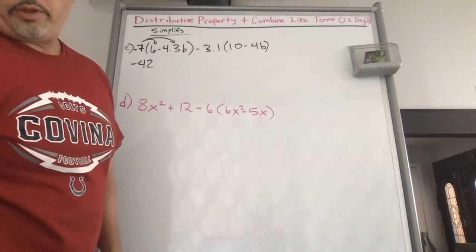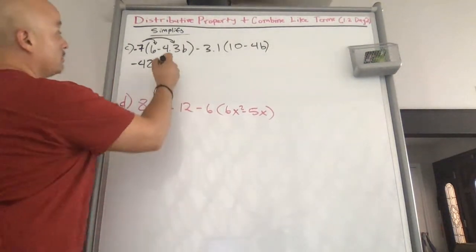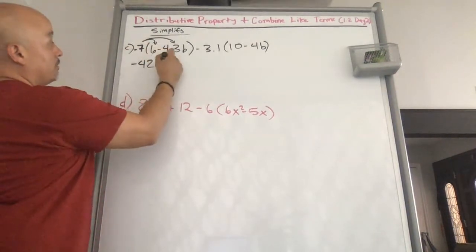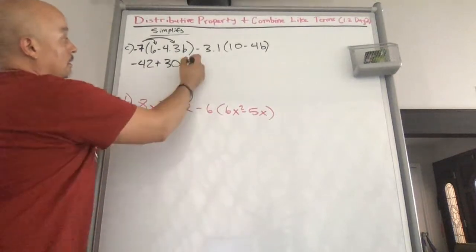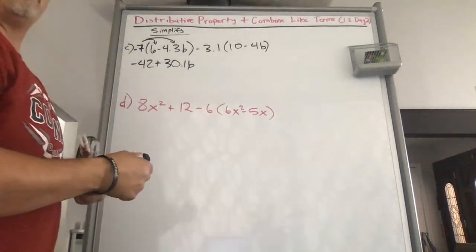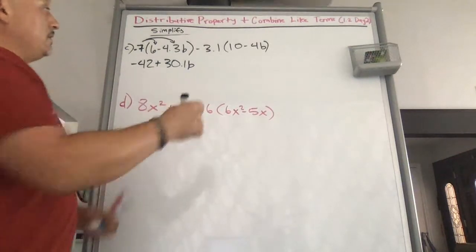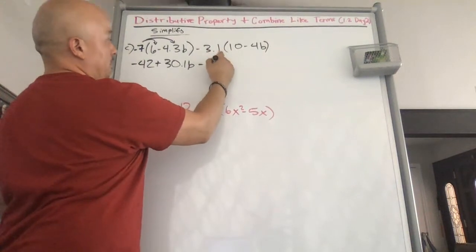7 times 4.3, I'm not trying to do that by hand. 30.1. So, and it's a negative number times a negative number, so plus 30.1b. That's a b, not a 6. Okay guys, so next, negative 3.1 times 10. Multiplying by 10 is pretty easy, so